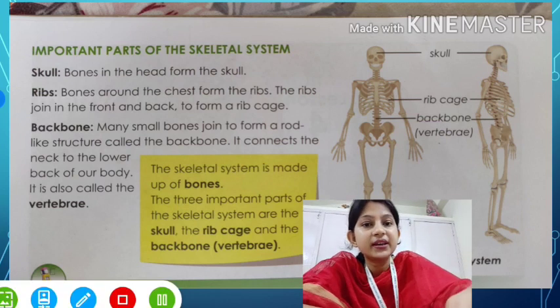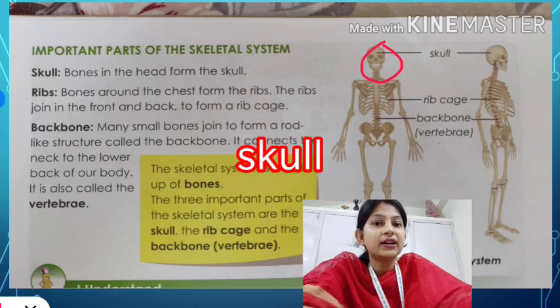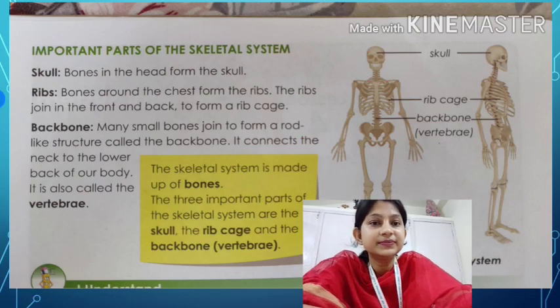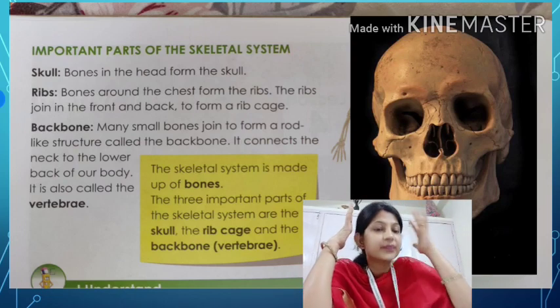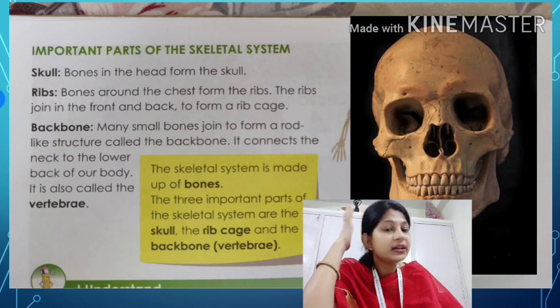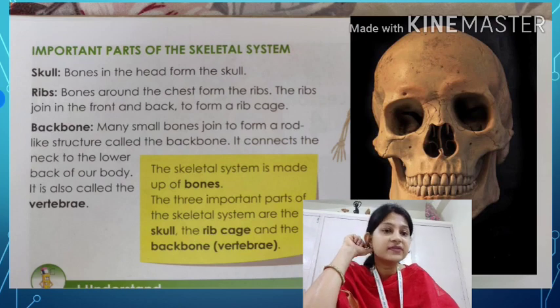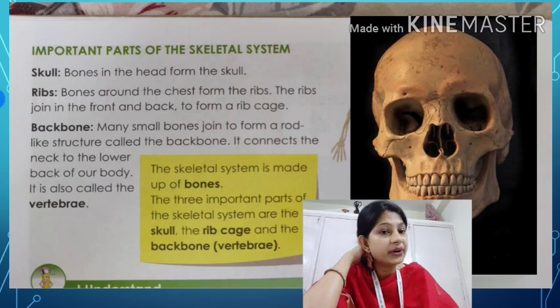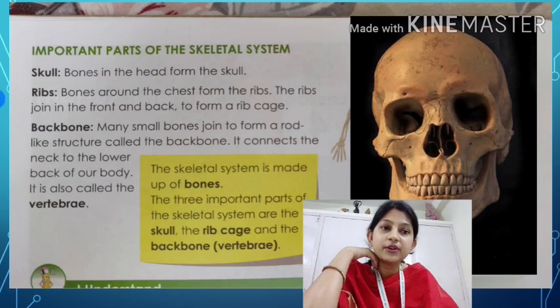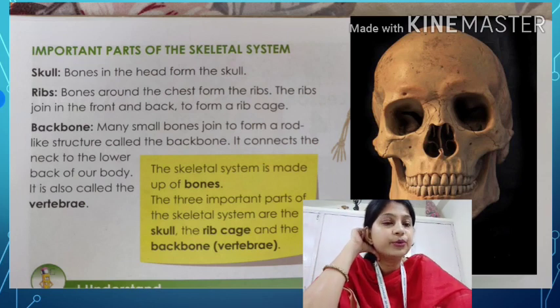The first one here, see here, this is the skull. From the starting, see, this area is the skull. Yes, now let me show you a picture of the skull here. Yes, this is the skull. Okay, in this area we have our brain. So what is the use of the skull here? It protects our brain. Okay, the brain is a very important organ of our body. Yes, in our nervous system we have learned that our whole body is controlled by our brain. Yes, the brain is the boss of our body, and who is protecting the brain? This skull. Okay, so it is a very important bone in our body.